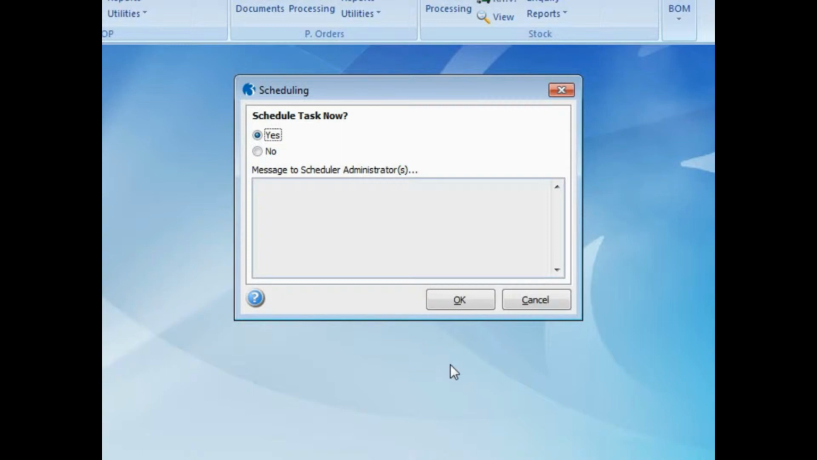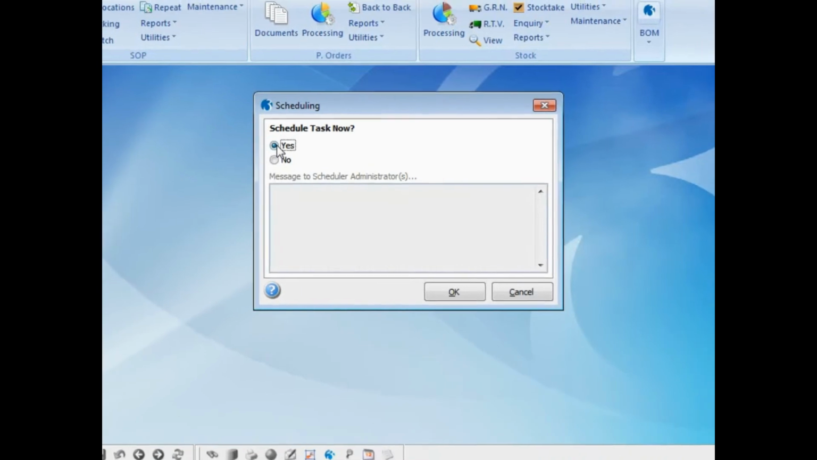I can only do this if I have the task scheduler installed and I have access to it. So if that's not the case, perhaps I want to say no, and then I can enter a message to send to the nominated administrators to come in, complete and activate the task for me. However, this time I'm going to say yes, I'd like to schedule the task now